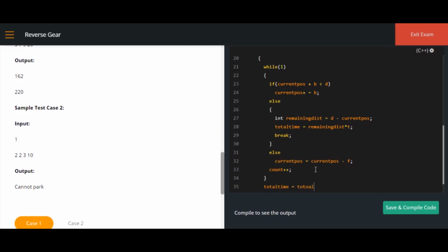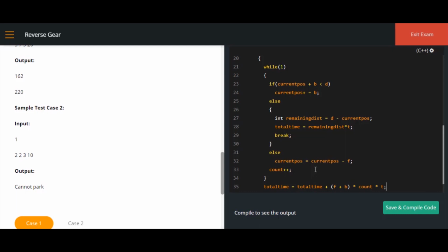Now we'll have to calculate the total time. So total time is equal to the total time happened before, plus the remaining distance that we have calculated into t, plus the number of steps forward plus backward for every iteration. So I'll multiply it with count, with the total time taken per unit distance, right?